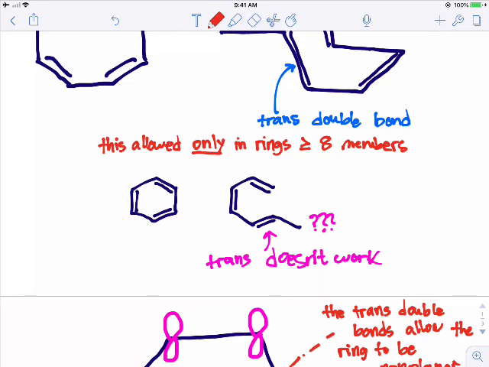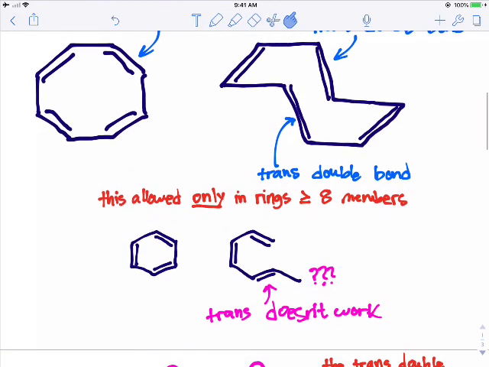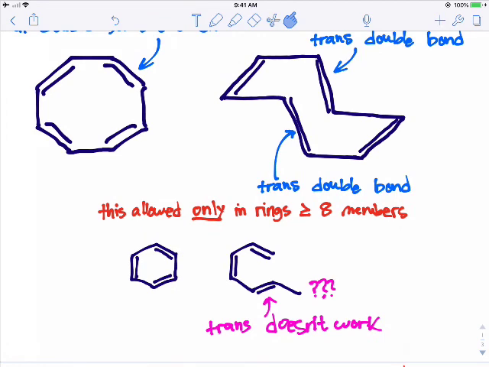If we try to make a trans double bond, a zigzag type double bond, in a ring of 6, there's no way to connect those ends. It doesn't work. It's not allowed. But if you've got 8 or more, you basically have enough additional atoms to connect the ends of the trans double bonds. So that's allowed for